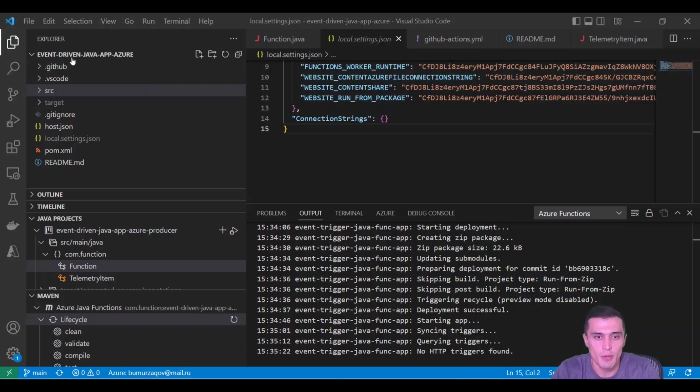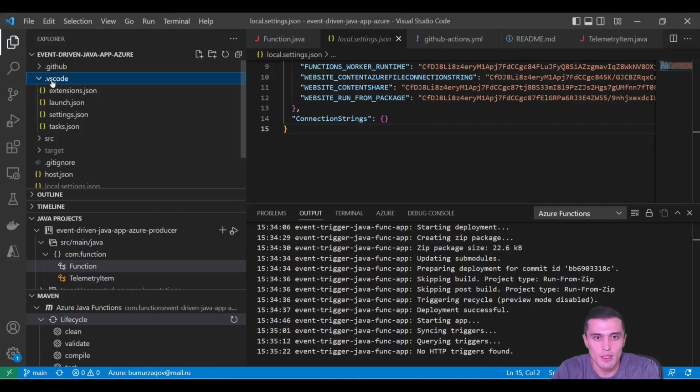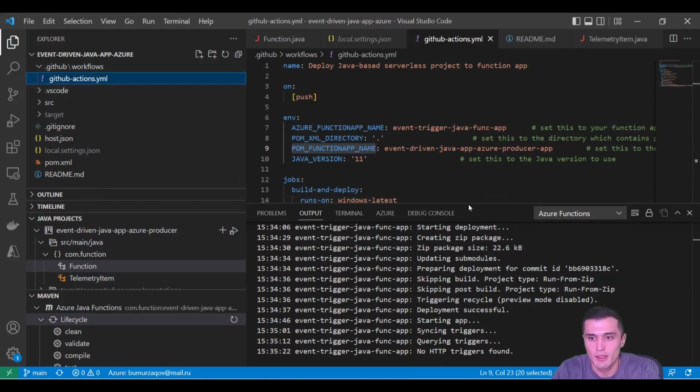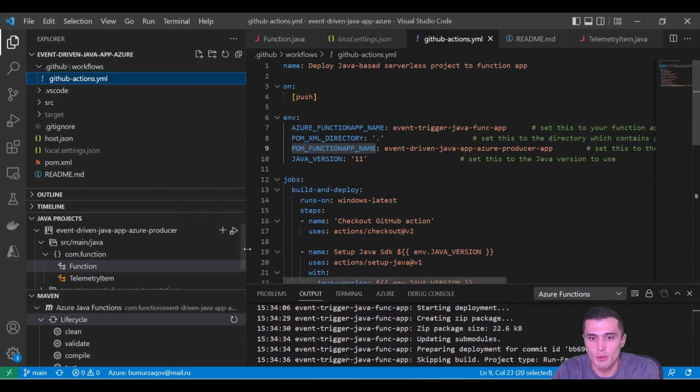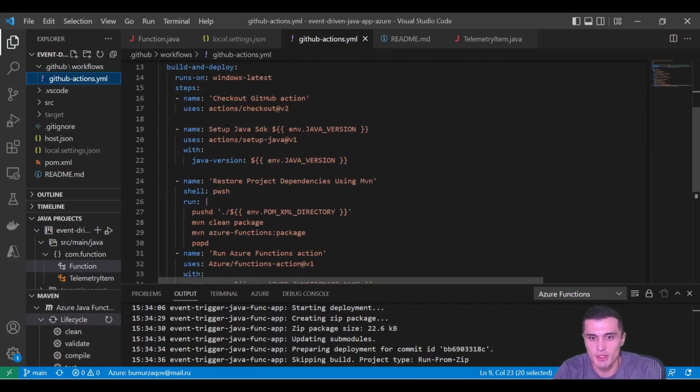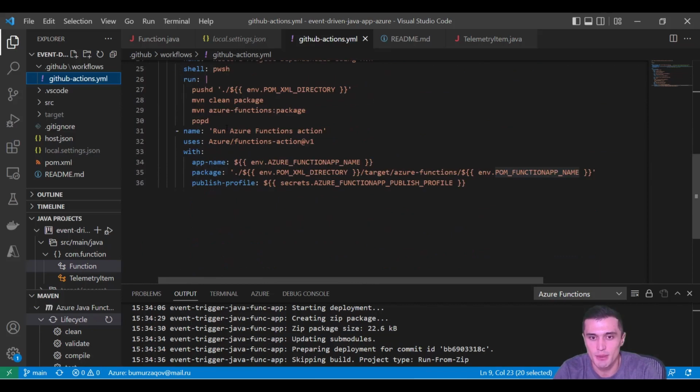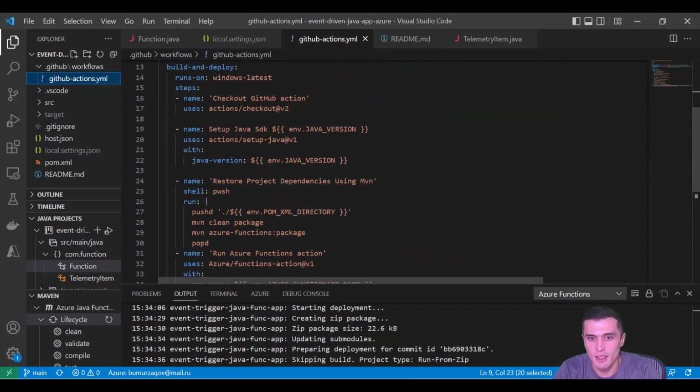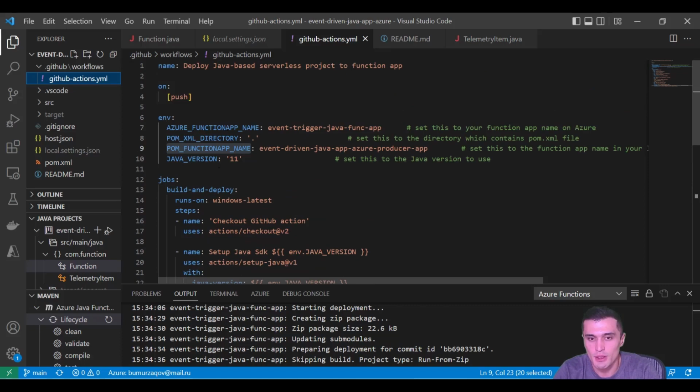Next, you can navigate back to the project folder. As you can see, I have the new folder called .github, and I have a GitHub Actions YAML file. You can just follow how to get started with GitHub Actions and Azure Functions to create your first workflow. This workflow helps to automate deployment to Azure. As you can see, under the GitHub Workflows folder inside the GitHub Actions YAML file, we have some jobs and steps specified.